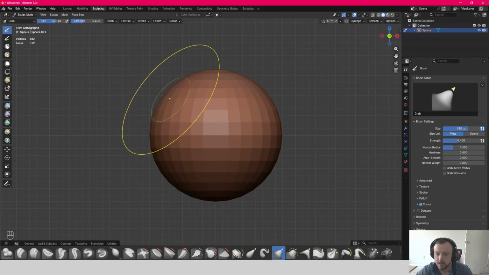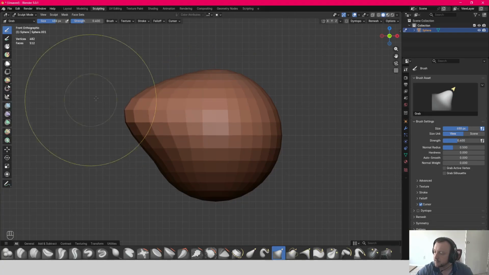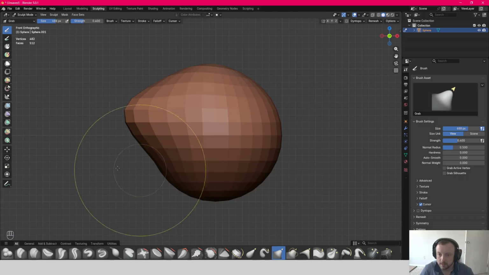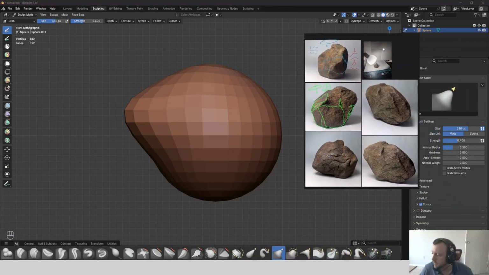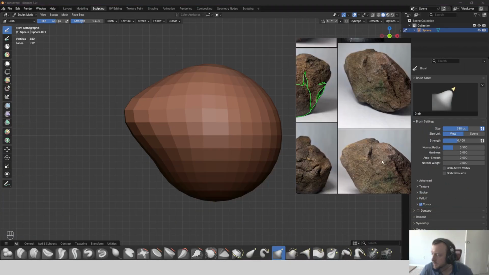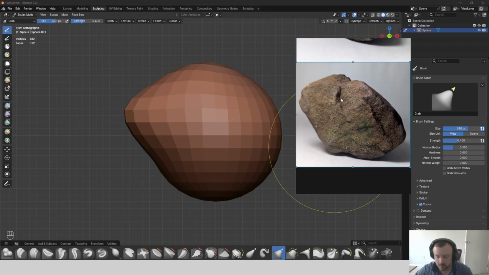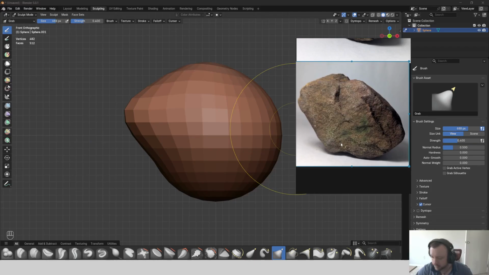But I'm just going to start manipulating this into shape and kind of looking at my reference, looking at this reference in particular. And I'm going to try to figure out how do I get close to that shape. And if you can imagine, looking at this reference, if you had to draw this, which I believe the